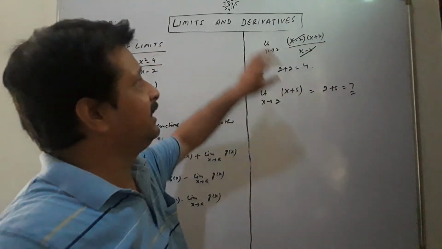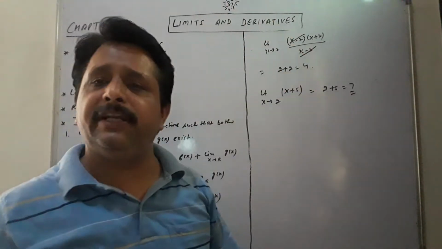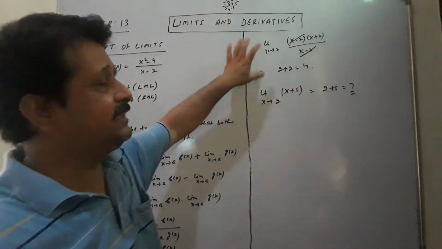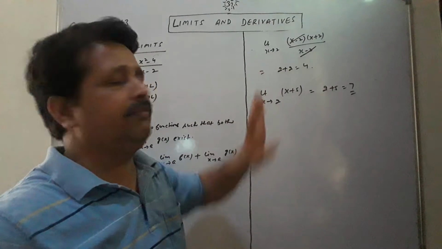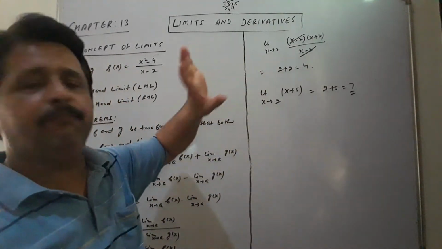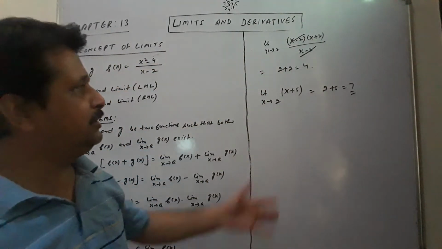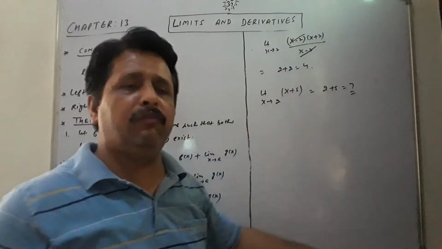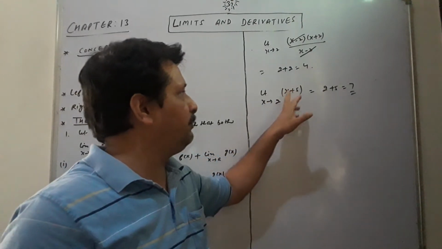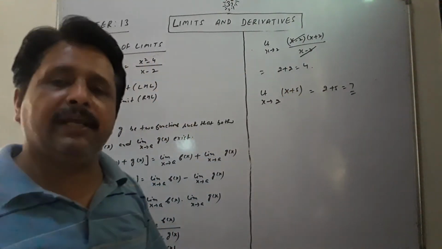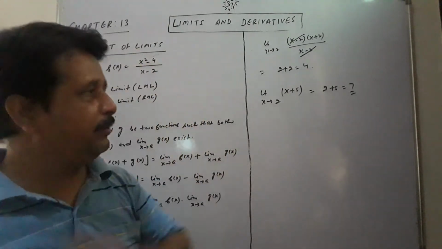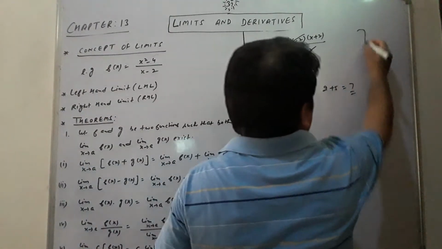One way is, if we put the value in the limit and it comes in the form of 0 by 0, we will simplify it first. After that, we will find out the solution. The second one is simple. If it is not in the form of 0 by 0, directly we will put the value, whatever x tends to 2 is given, we will put this value here and you will get your answer. Is it clear? There are two ways to solve this type of question with the help of the limit.